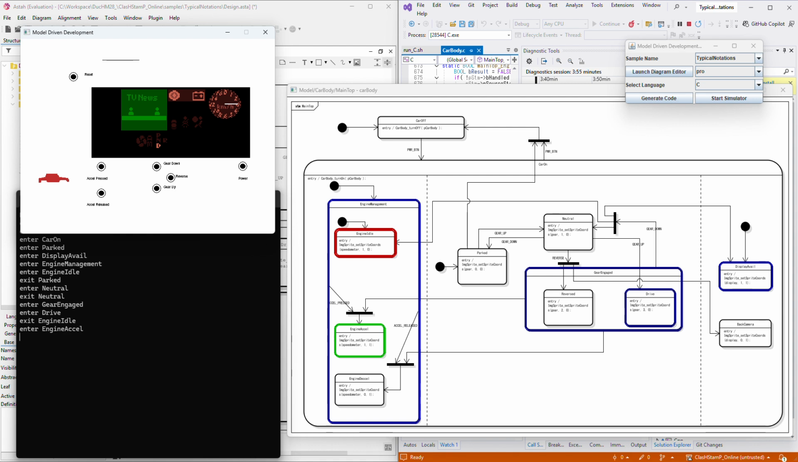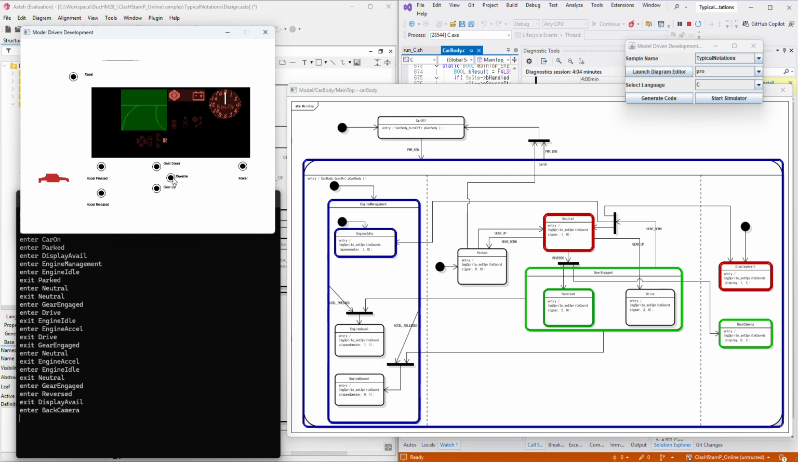Now I shift from drive to reverse. As soon as the gear enters the reverse state, inside the gear state, you notice the cross-region reaction. The display state switches from display available to back camera, and the dashboard view updates, showing the rear camera as active. This kind of logic, where events in one region affect another, is handled using synchronized inter-region transitions, a key